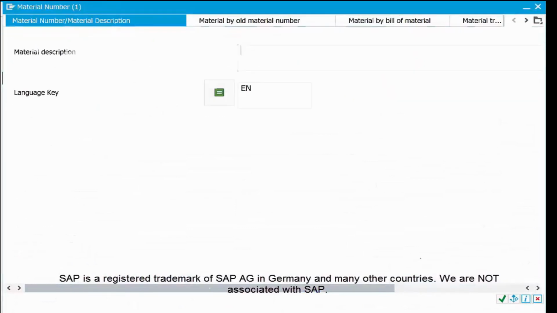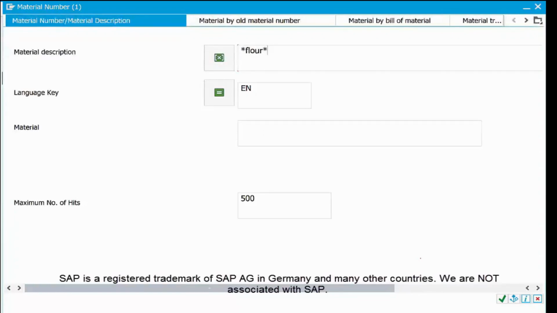In our case, we are just putting the material description. I'm taking an example where a newcomer is creating a PO. He wants to create a PO for the floor, but he doesn't know the exact complete wording of that floor. What can he do? He can type floor in the description and put a star at the front and the back.